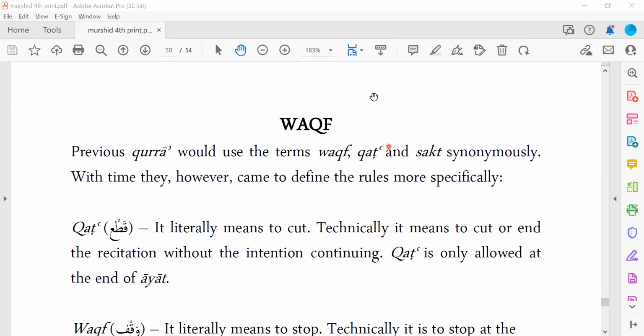When I read the book and when I listen to your lecture, I feel that I understood. But when I recite, then I make mistakes. Yeah, that's natural. So inshallah, once we finish this, we're going to do a lot of practice. We're going to put everything into practice first, and then after that, we'll do recitation, inshallah.